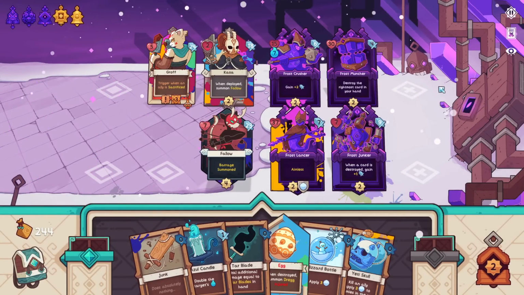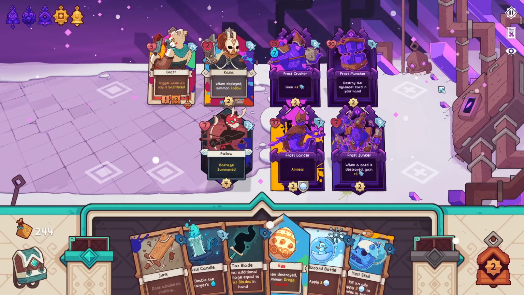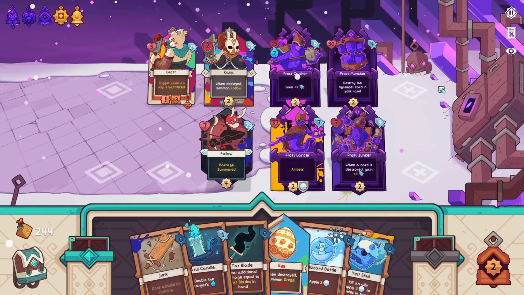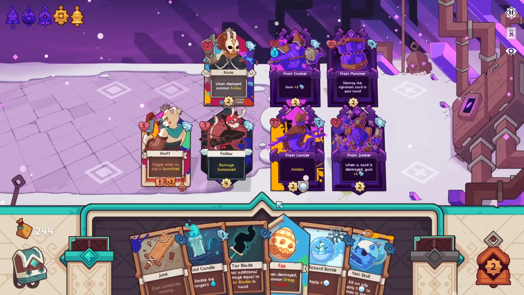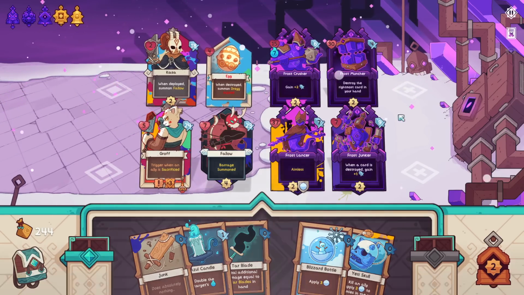But important to notice that we are taking 4 attacks next turn. Important to start to notice that and start to come up with a plan. What am I going to do about this? Great question. It's very scary. But the answer to this problem is clearly in my hand. It's egg